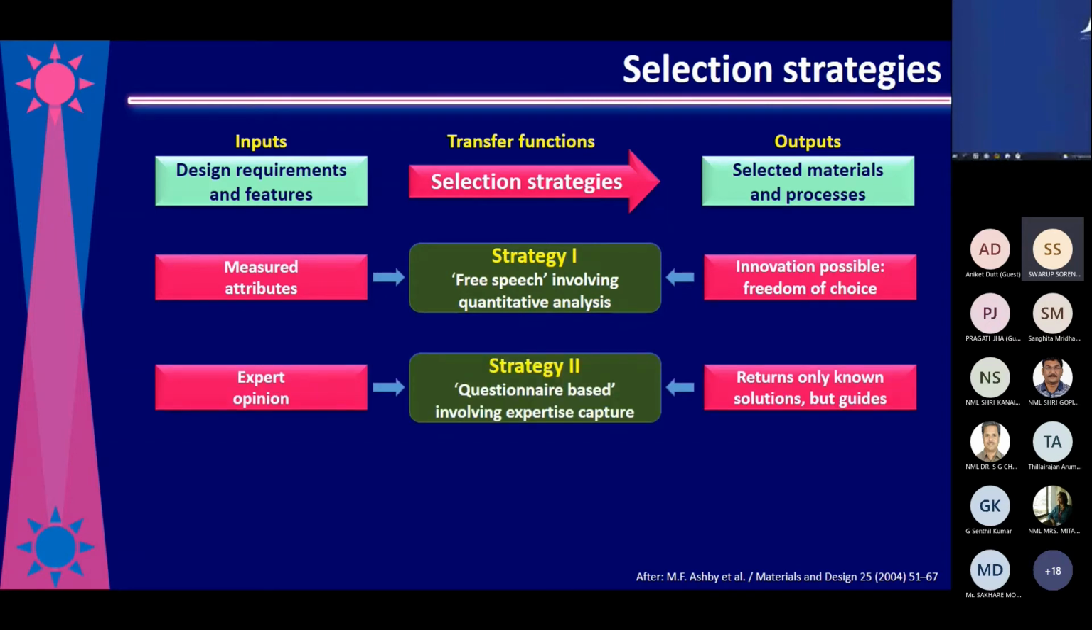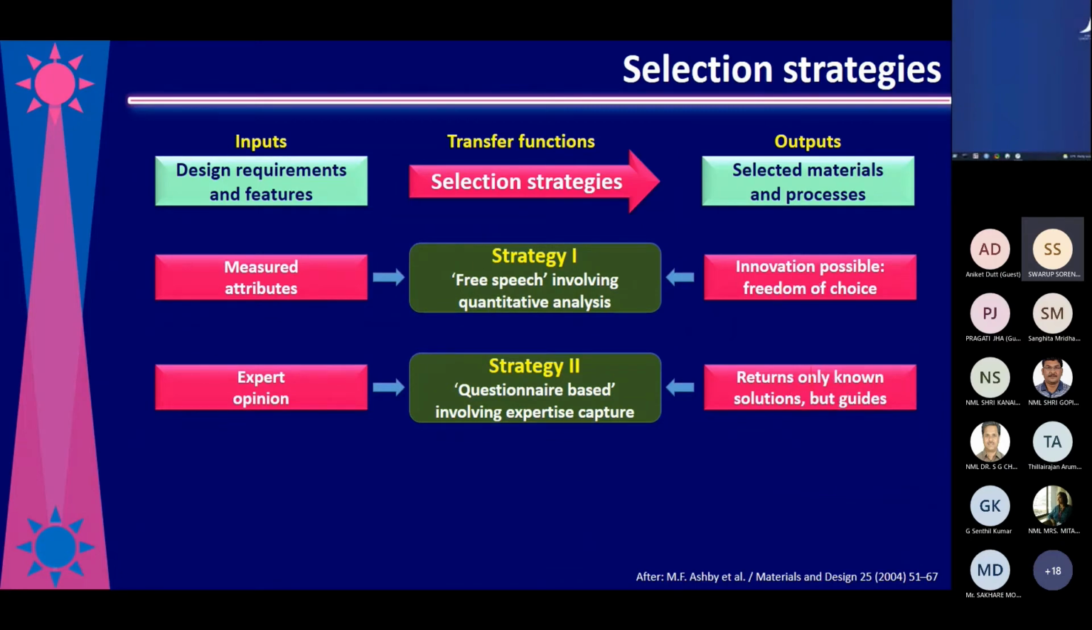Then the second strategy is expert opinion. Obviously, if there is an expert, he will have limited knowledge, and you will work with this limited knowledge. Also, this expert will give you answers to some questions, and these questions will return to you as an output only a known solution. So experts will have only known solutions, and they can guide you through. They may guide you to go to strategy 1 also,